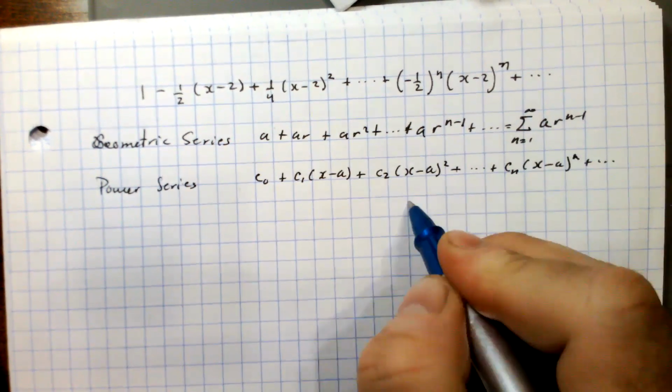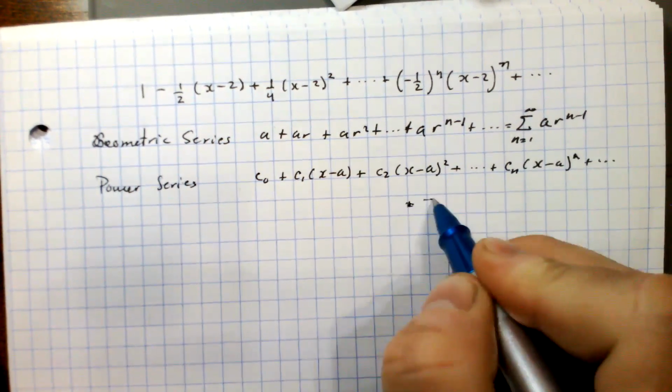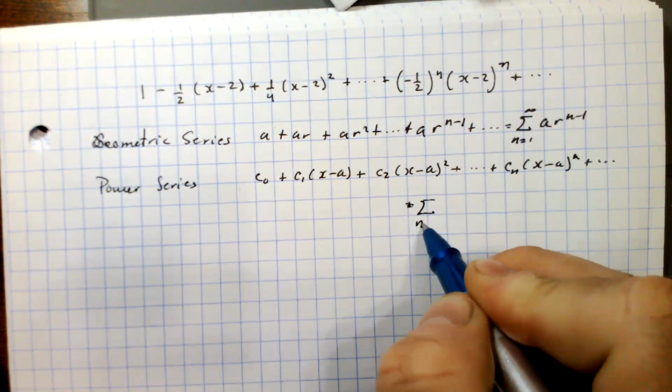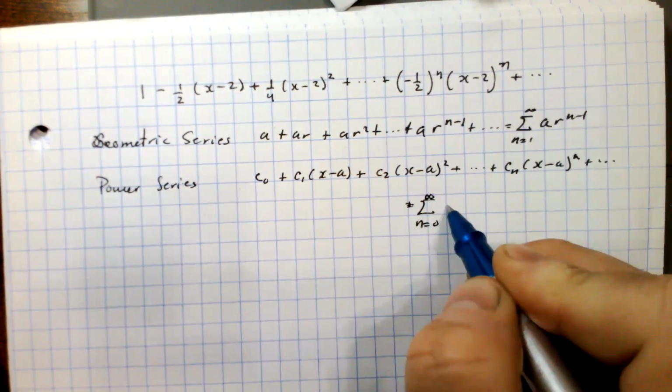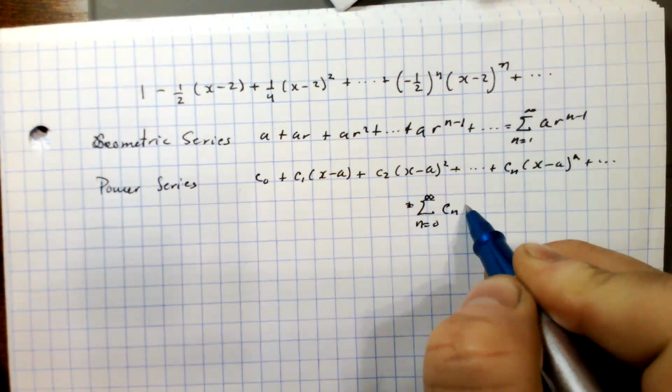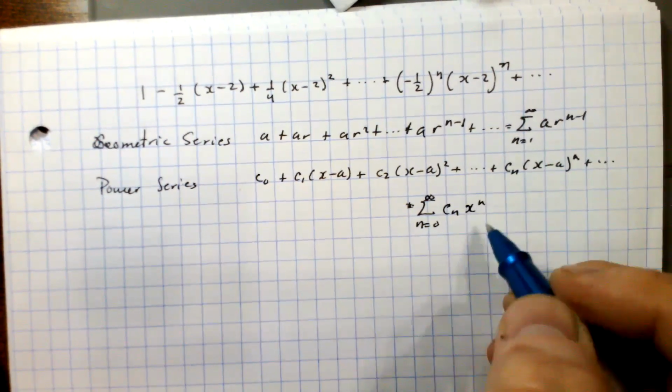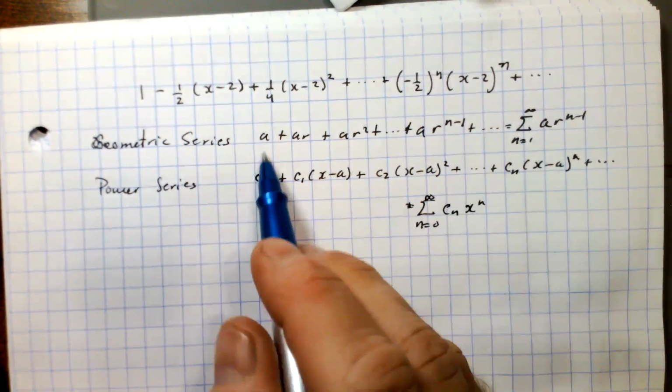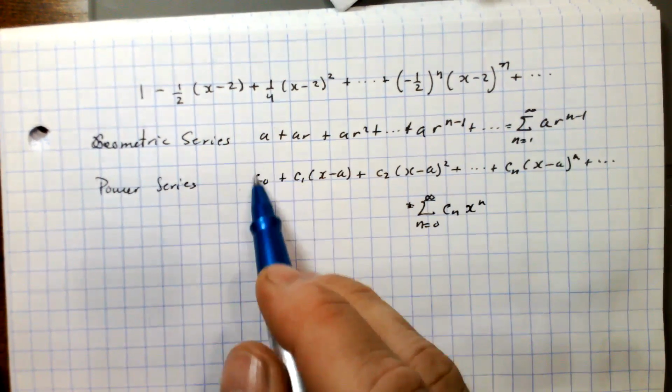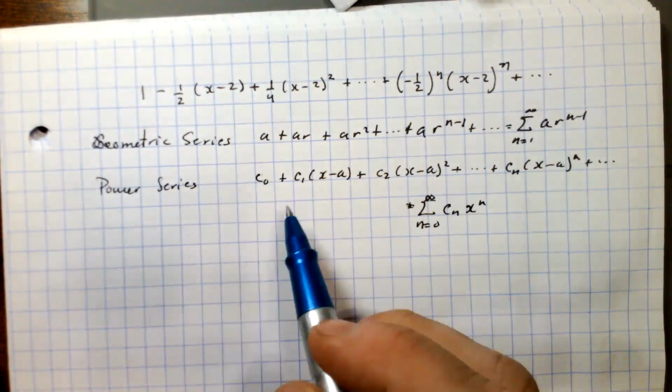And this final form equaled the series from n equals 0 to infinity of cn (x minus a) to the n. Okay, so if we compare, you can see that if we equate coefficients based